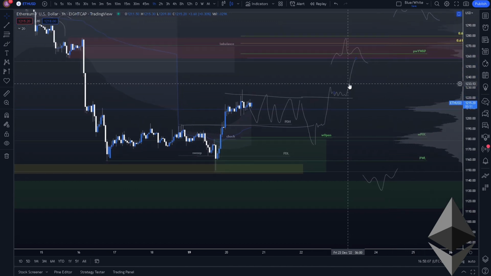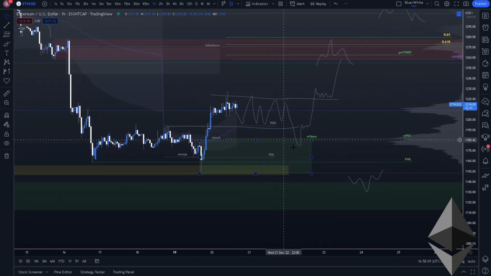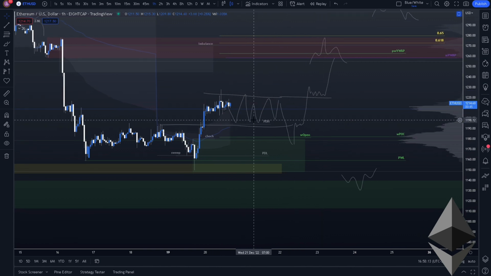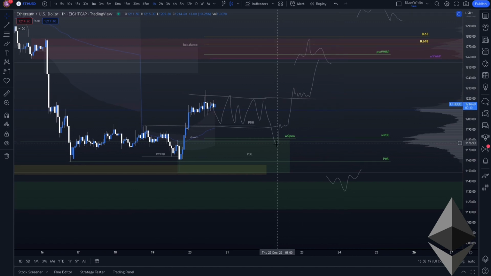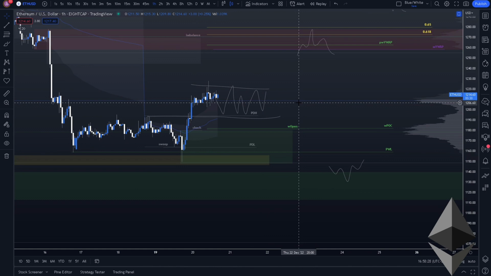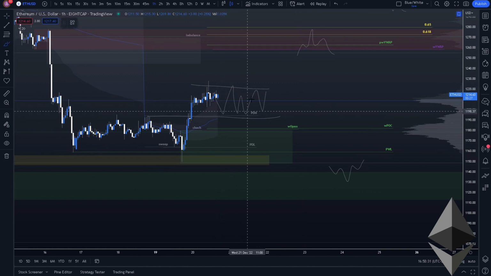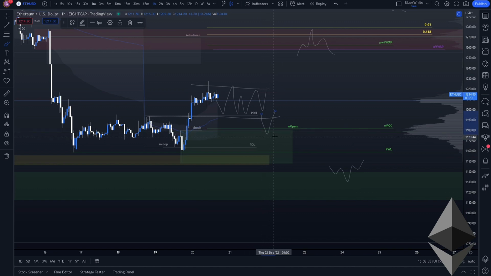That is like 99% of the time what you'll see with these ranges, and this is how you want to be trading ranges. You don't want to just be entering, you definitely could, but for the best risk to reward, you want to be trading these deviations. In terms of Ethereum, this is what I'm looking at. I'm expecting it to range here for a bit, and I do want to find this deviation, tap into this zone of demand, and find a long here.